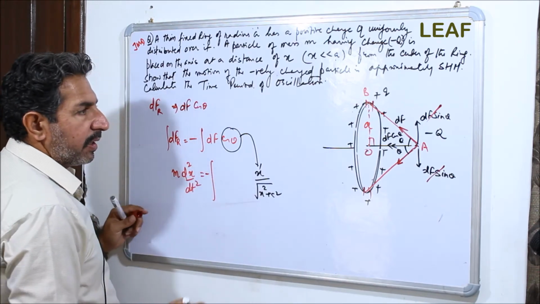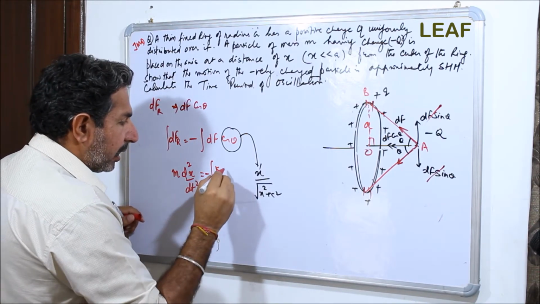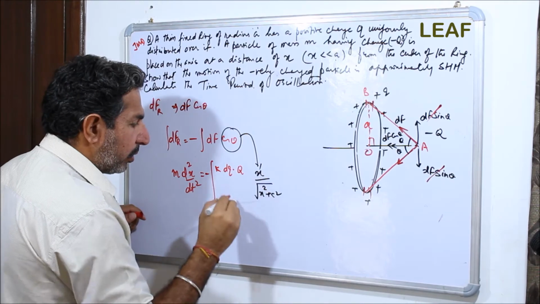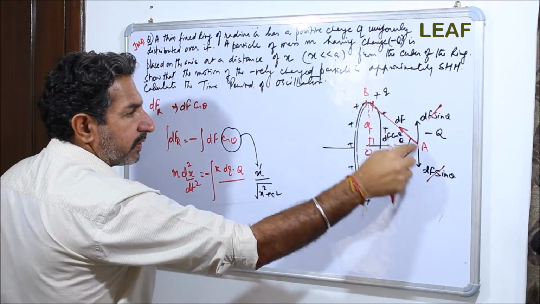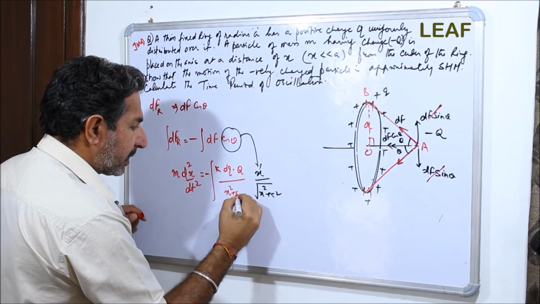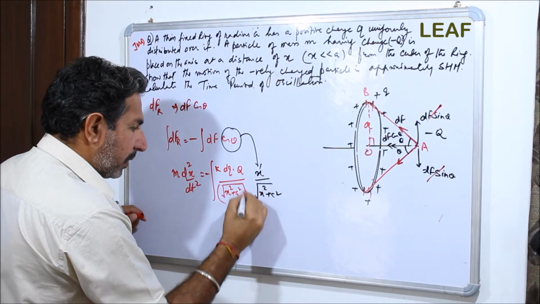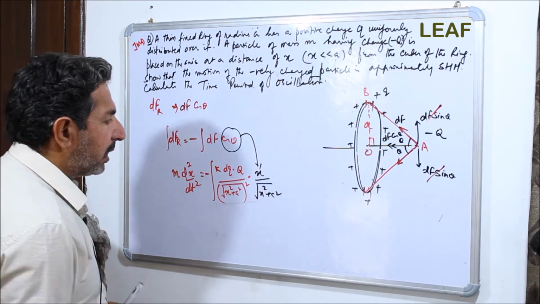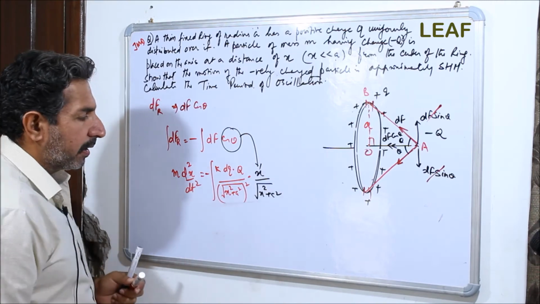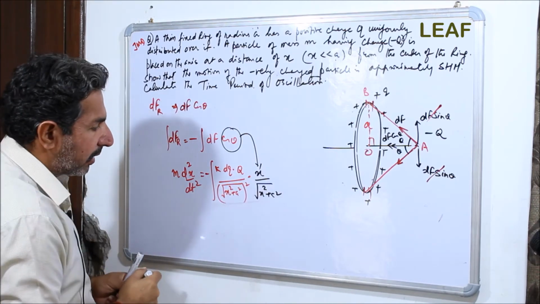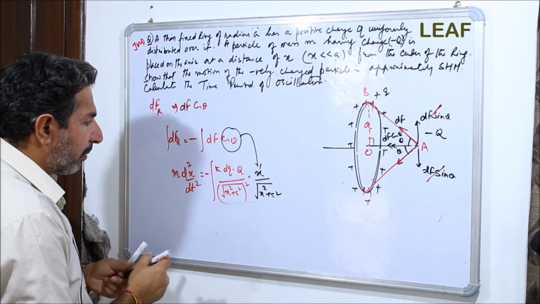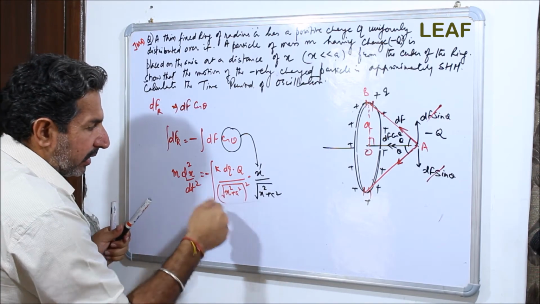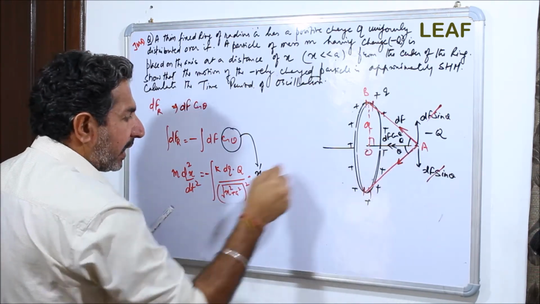What is dF? It is k into dq into q divided by the square of this distance, and that is again (x square plus a square) whole square. Am I clear? I just have replaced every other element with this concept and these substitutions. Now, k is constant, q is constant, and x is obviously, in this case, at a defined point, going to remain fixed.